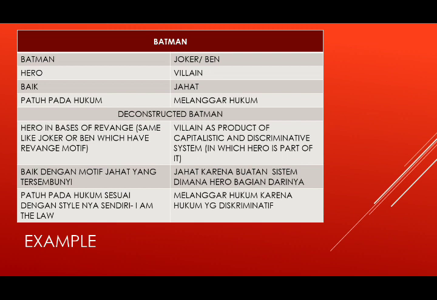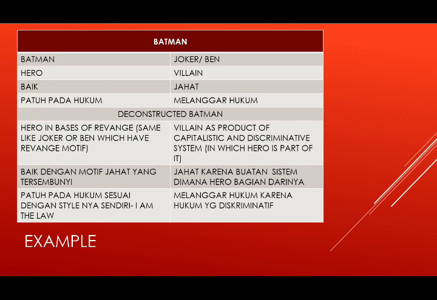Okay, and then the second, try to notify the privilege, which one is privileged and which one is being marginalized. From here we can conclude that it is Batman who is privileged, because he is a hero, he is good, he obeys the law. So all good image belongs to Batman, while Joker and Bane are marginalized, because Joker and Bane's image is bad, criminals, never good, and always disobey the law. Okay, that's it. And then we go to the third, reverse it